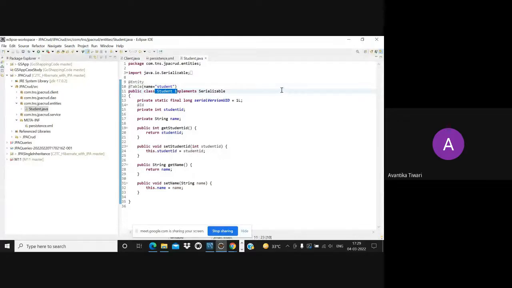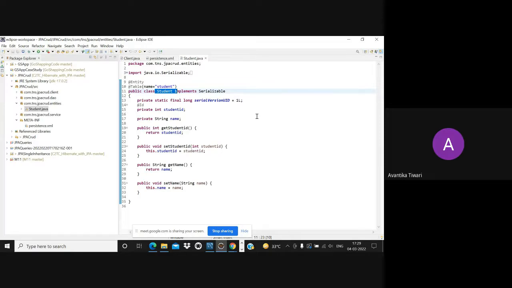What is an entity? See, what are entities in an ER diagram? Remember the entity relationship diagram. Entities are real world objects for which we store information in the database.